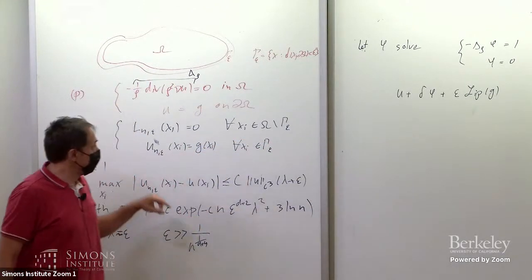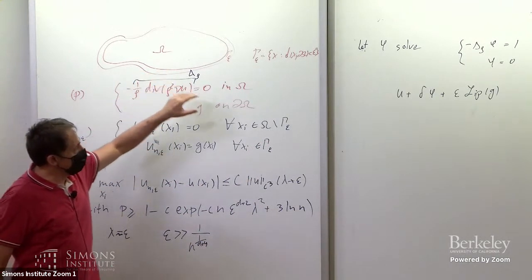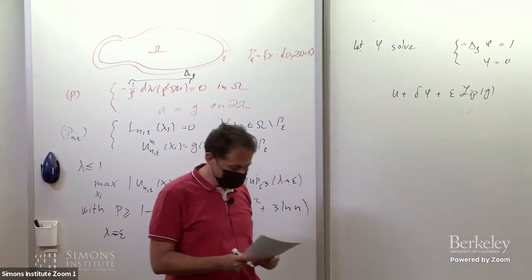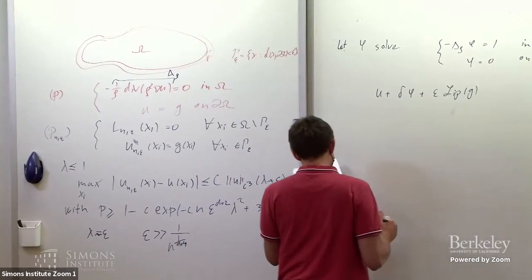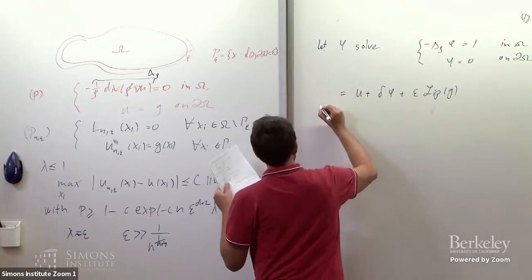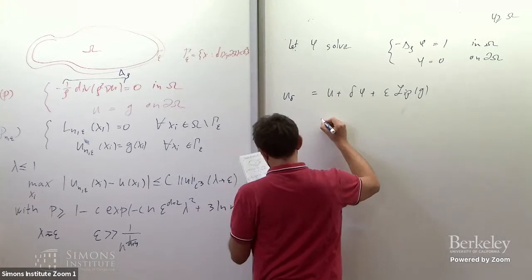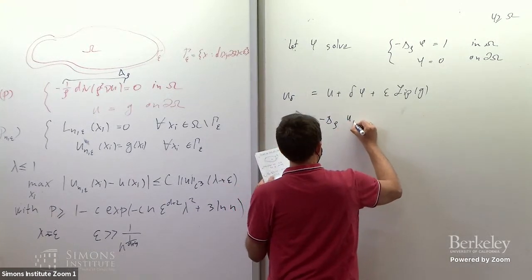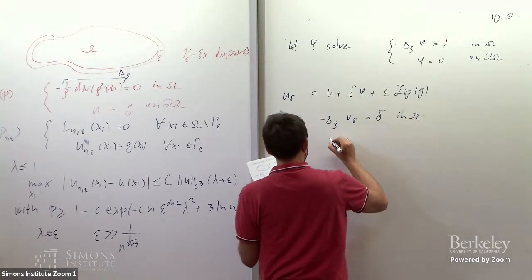And note that the maximum that g can deviate away from the boundary is exactly by this amount. So it should be enough to have a super solution. Note that this guy solves the equation, if I call this u delta. Then what we have is that rho of u delta is equal to delta in omega, and